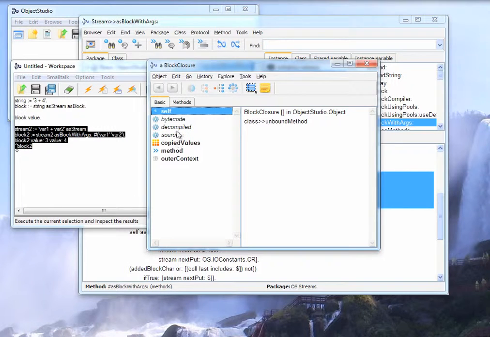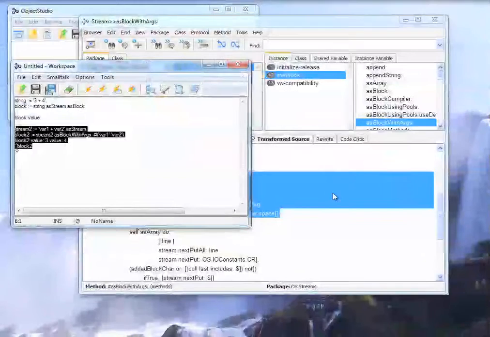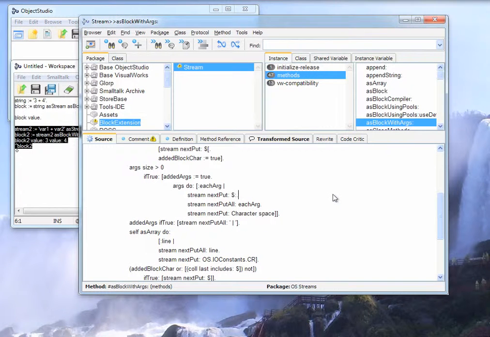You can see that I get a block, and if I look at this, the decompiled gives me T1, T2, and there we go. So it's easy enough to do this kind of thing. You can extend the existing ObjectStudio API for this quite easily to extend your own scripting capabilities and move along, generating blocks dynamically from presumably strings that you're checking pretty carefully, but in any case, it's kind of a neat feature and it adds some nice